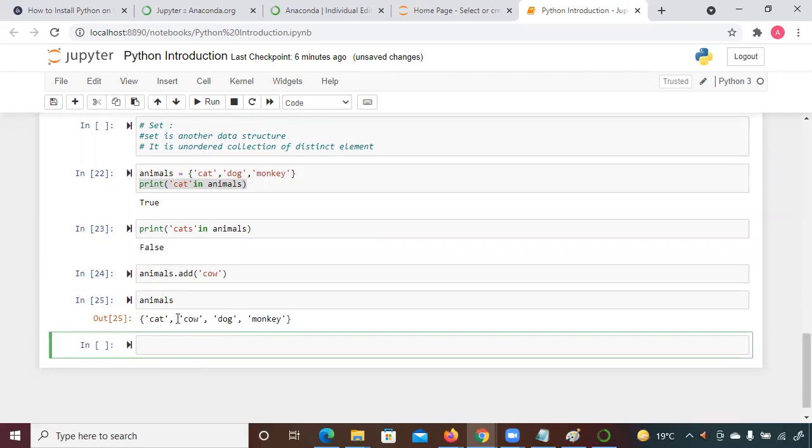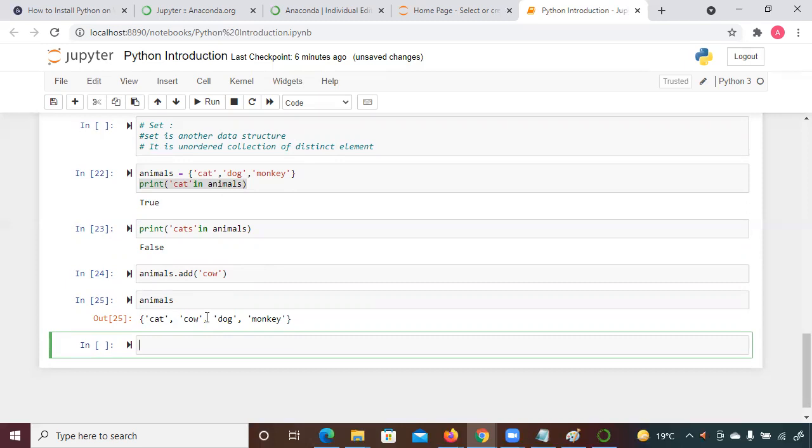But do you see anything peculiar here? Yes, it's alphabetically sorted, and it's not in the order in which you entered it. You entered the cow at the end, but cow is coming in alphabetical order.